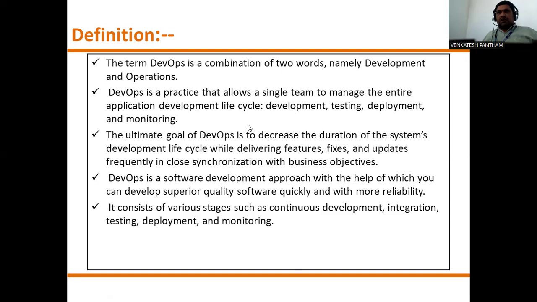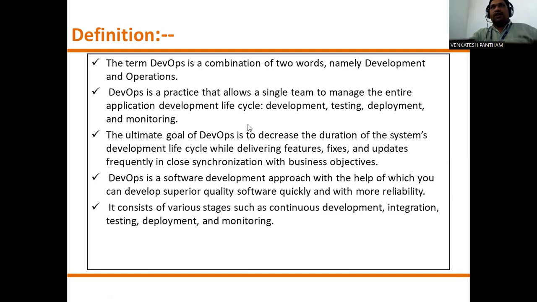It consists of various stages: continuous development, continuous integration, testing, deployment, and monitoring. DevOps is a software development approach with the help of which you develop superior quality software quickly and with more reliability.